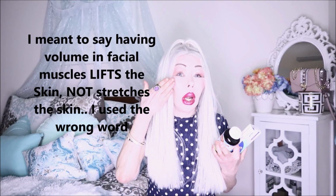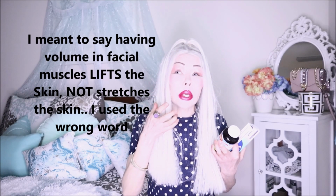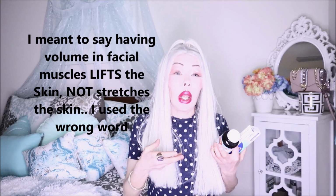And so it is a practice or technique that replaces plastic surgery, because I had explained before that facial workouts are beneficial, especially if they're isometric, where you put resistance, and it helps to create volume in your facial muscles. And it is like a cushion that will stretch the skin, meaning that it will prevent the sagging. So your skin will be nice and stretched, and it will never go away, because if you keep doing it,